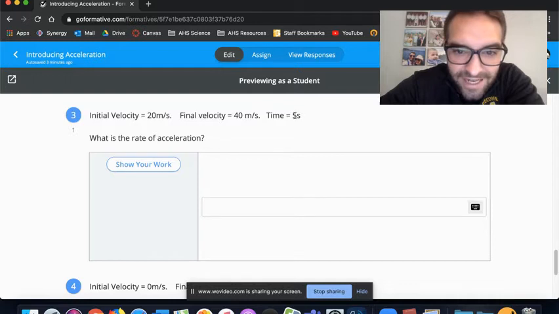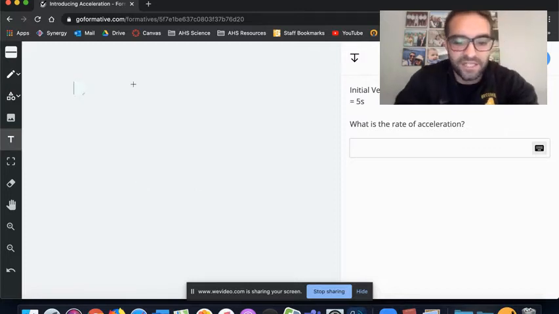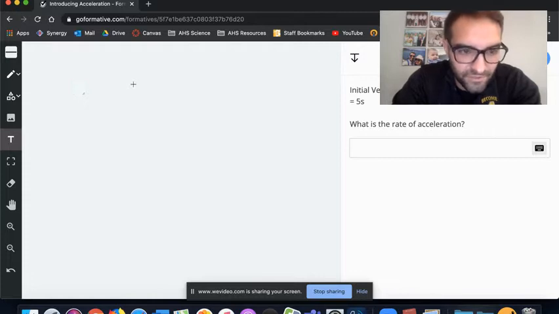And I'm wondering how long, or the rate of acceleration. Okay, I know how long. It took 5 seconds. So if I go in to show my work, the first thing I'm going to type, and this is going to look a little weird on the computer, but our equation is acceleration equals v,